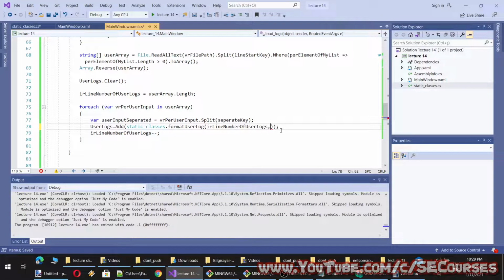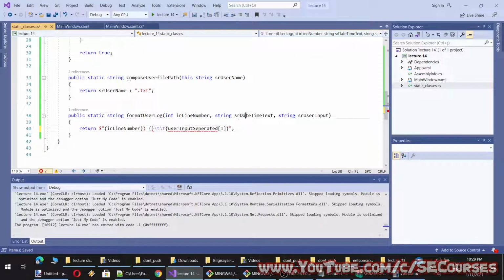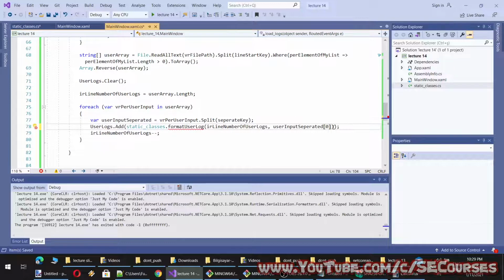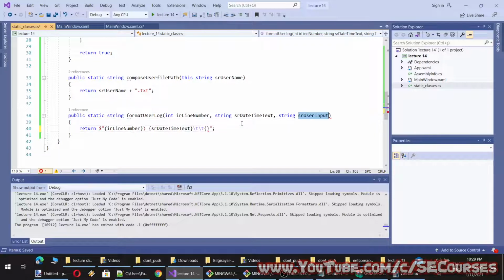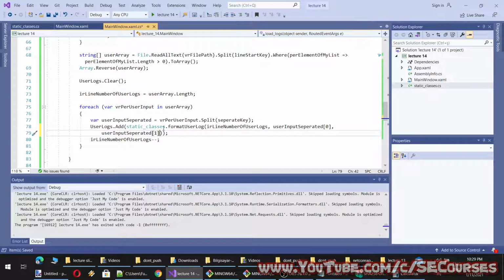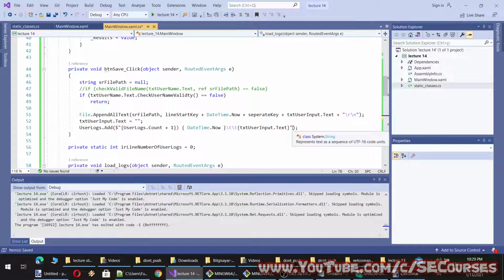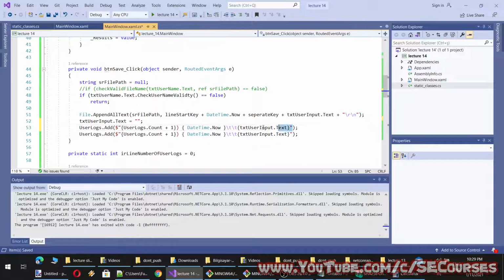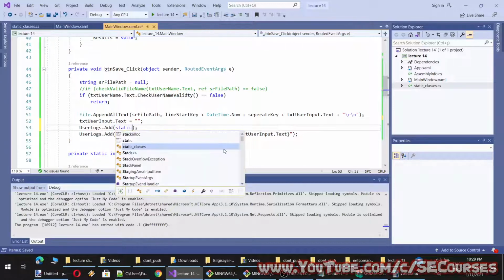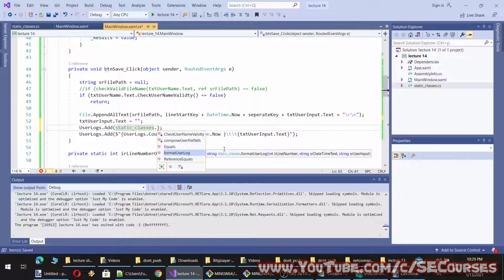Let's cut it and write it here, and here it will be date time text, and this will be provided here, and we will put it here. Okay, same, and we will call this method also here. Okay, so let's copy paste this, and let's call our method from static classes dot format user log.